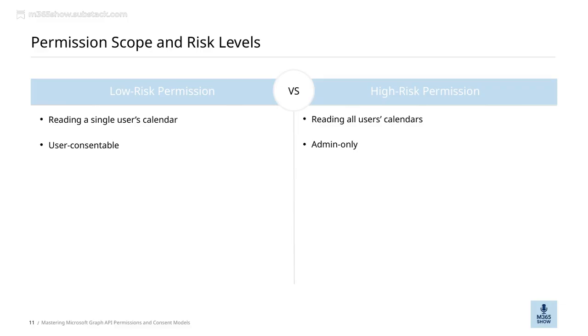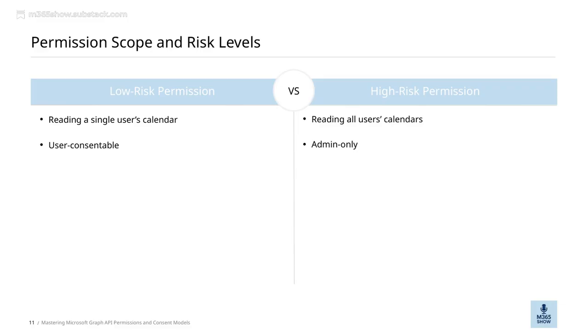For example, reading all users' calendars is an admin-only permission, meaning only administrators can grant this access. This is a high-risk permission because it involves sensitive data and requires careful oversight. On the other hand, reading a single user's calendar is user-consentable, which means the individual user can grant or deny this permission themselves. This is generally considered lower risk because it limits access to just one person's data, and users